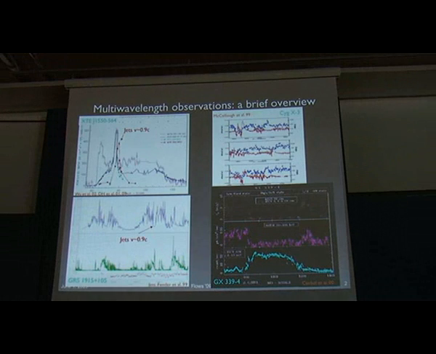So this is just a small collage of the sort of outbursts that we see in light curves from a selection of X-ray binaries. In the top left-hand corner we have XTE J1550-564, and we see a whole series. The purple line here is the BAT hard X-rays. This is a source that started its outburst in the hard X-rays. During that, there was a rise in the soft X-rays, and then there's a flare here that occurs at all wavelengths, from the hard X-rays down to the radio, and jets were actually imaged at the time of this outburst. In the bottom left-hand corner, we have GRS 1915+105 that was also discussed briefly.